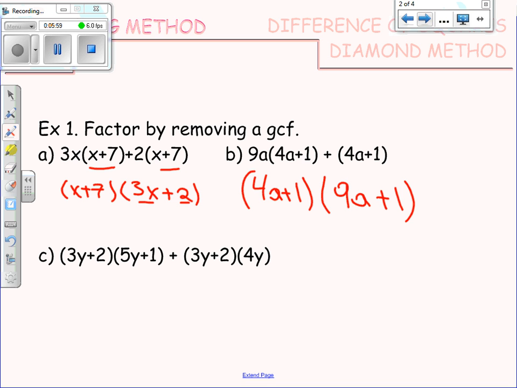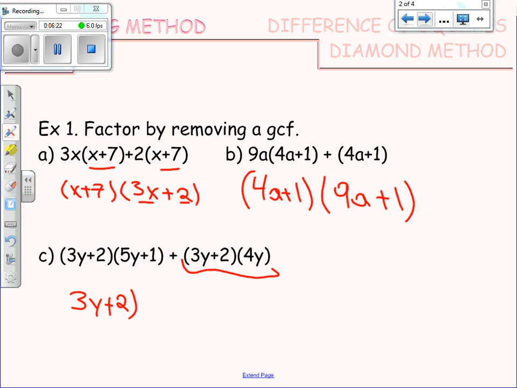This last one, what do we? Is there a 5y plus 1 in the second term? There's a 3y plus 2 that you can take out of both terms. Yeah, 3y plus 2, and 9y plus